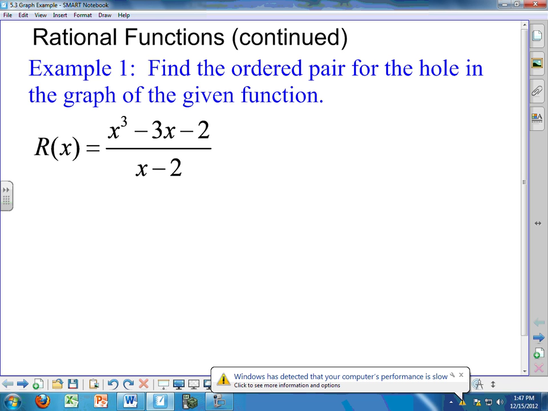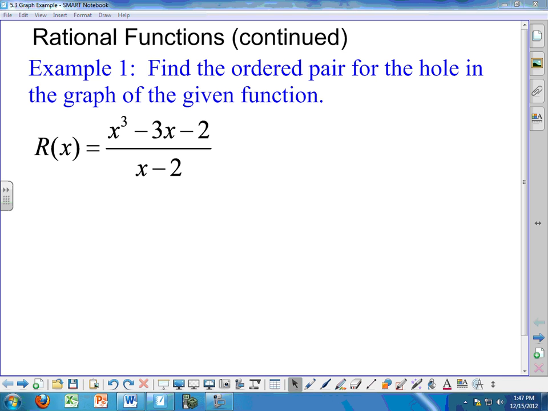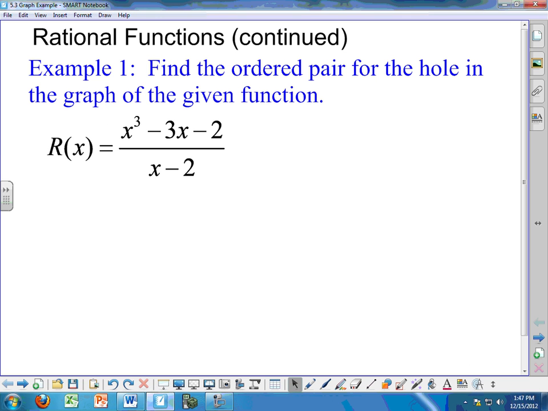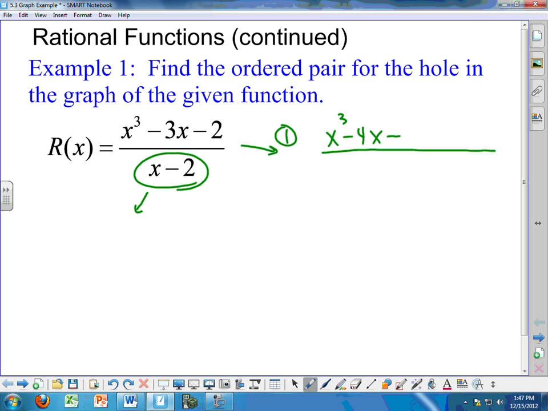Now that information tells us something. It tells us that if there's going to be a hole in the graph, the denominator is going to cancel out with our numerator. So we have two ways to handle this problem. The first way to handle it would be to factor that numerator. And in knowing that it's going to cancel, we could leave that as, say, x cubed minus 4x plus x